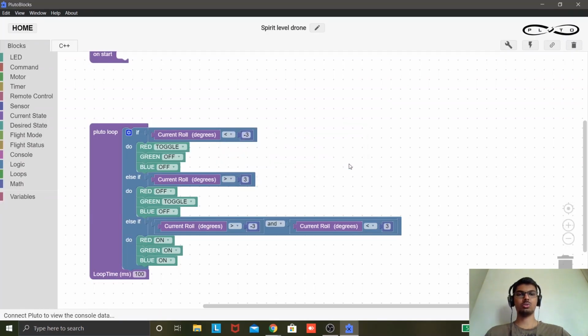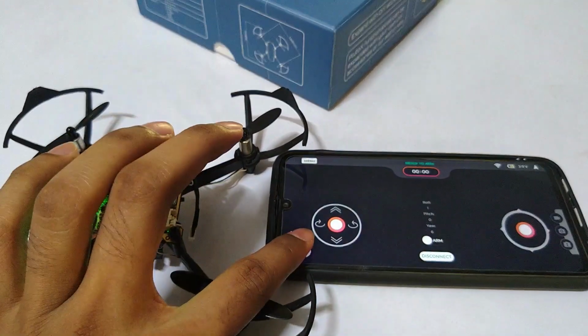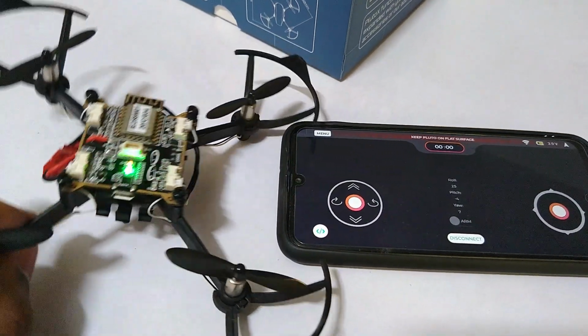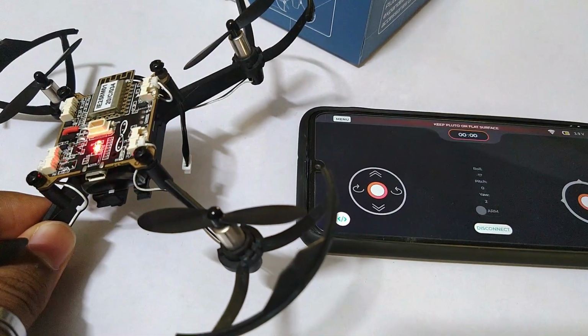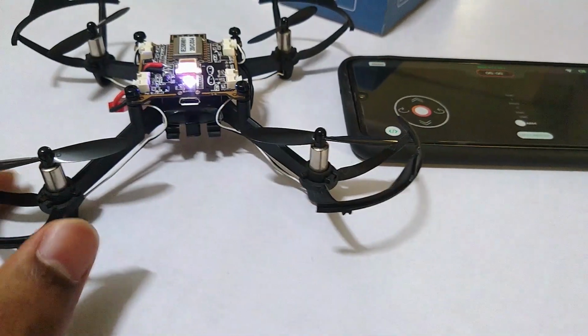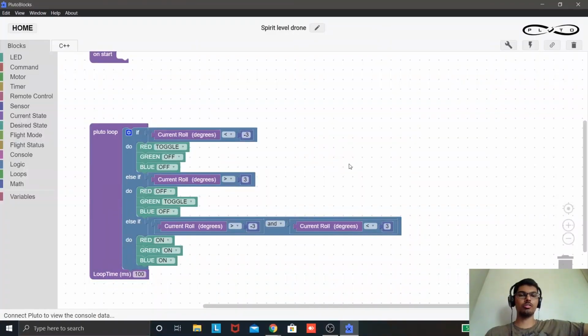And after flashing, let us quickly connect our drone with the Pluto controller app, and let us press the developer mode to see the execution. As you can see, we can now use the drone to check if the surface is perfectly horizontal or if it is at a particular angle. So it will tell you if the surface is between plus or minus 3 degrees, and that is the definition of perfectly horizontal for us right now. If you change the number from 3 to 2 or 1, you get that much sensitivity. Now the point to be noted over here is just observe the toggle frequency, the rate at which the LED is toggling.